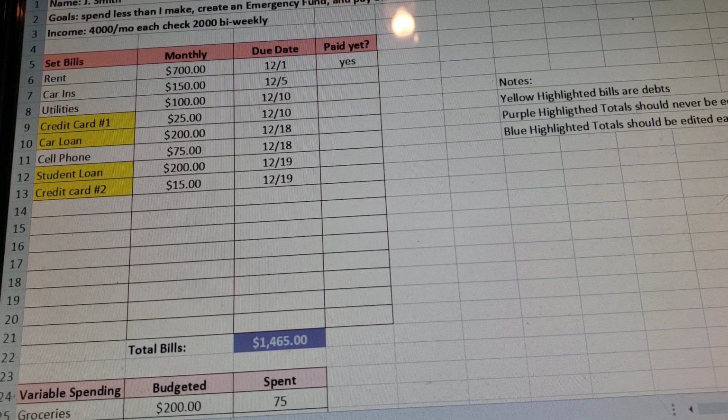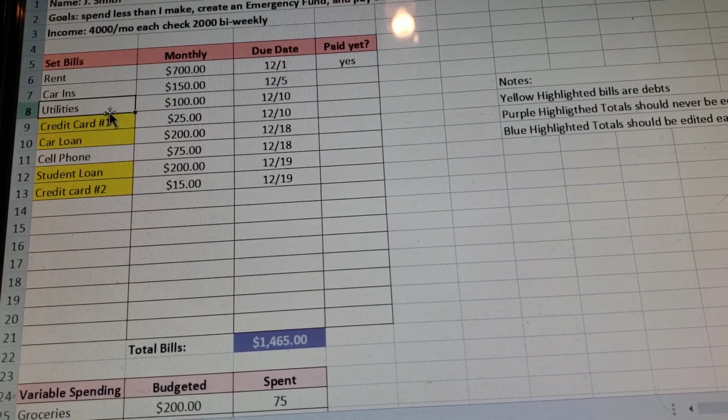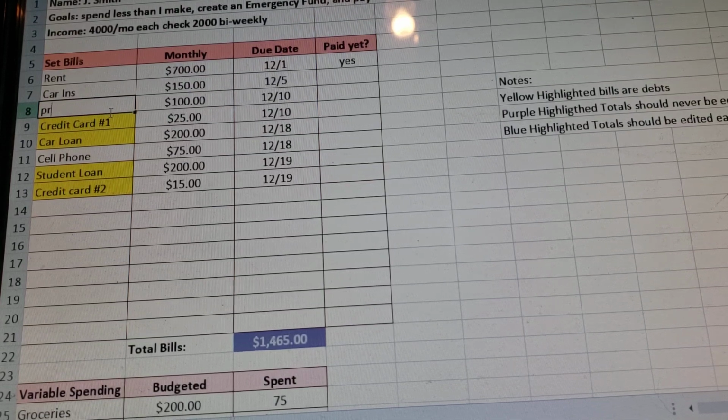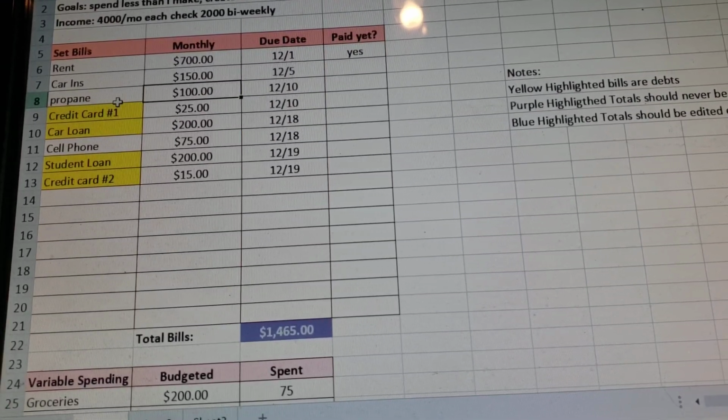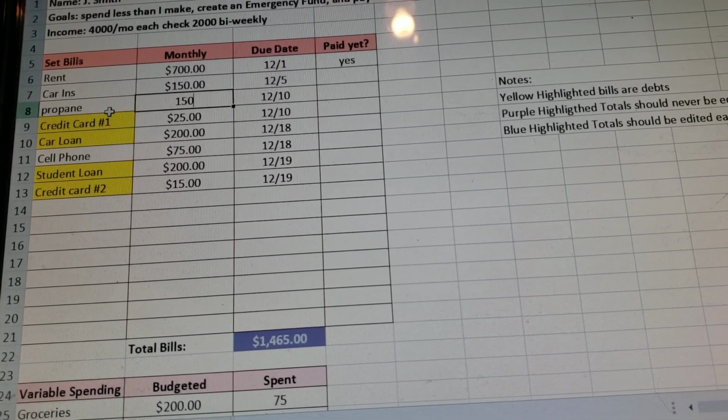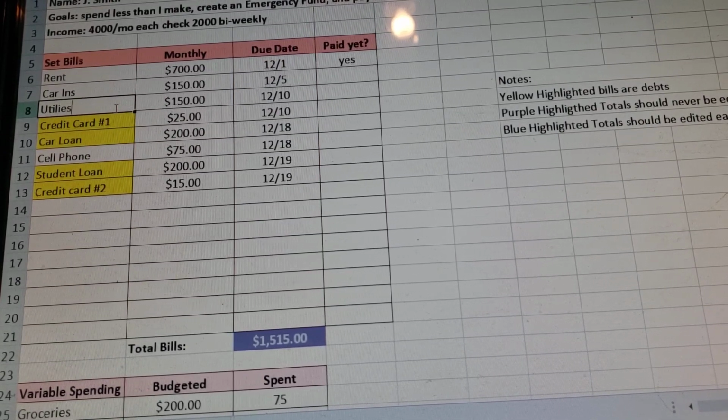And again, of course, all of that is adjustable. Put in your information, your goals, your bills. All of this stuff is editable. So instead of utilities, you can put propane. Of course, if I could spell, you can edit the amounts. Let's say 150 instead of 100. All of this stuff is editable. The only